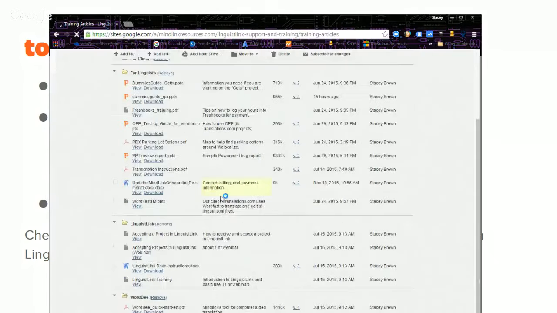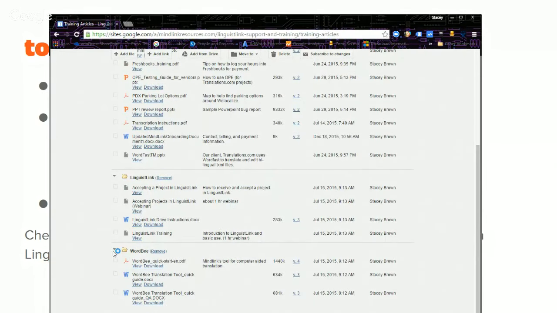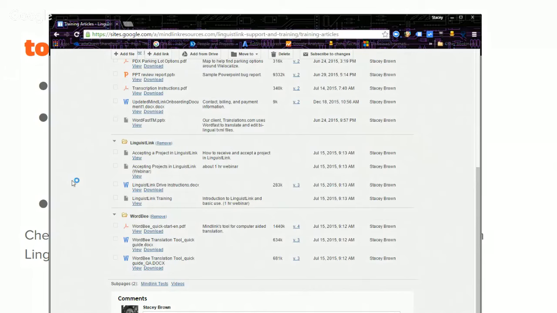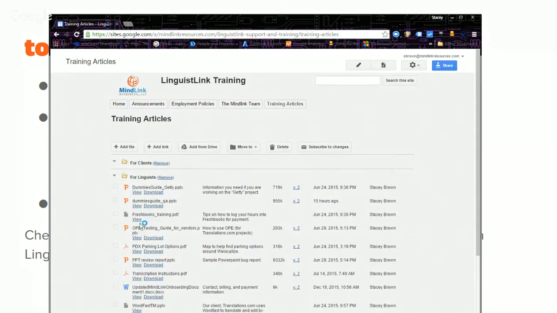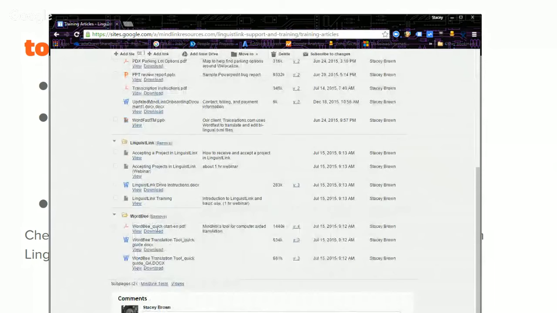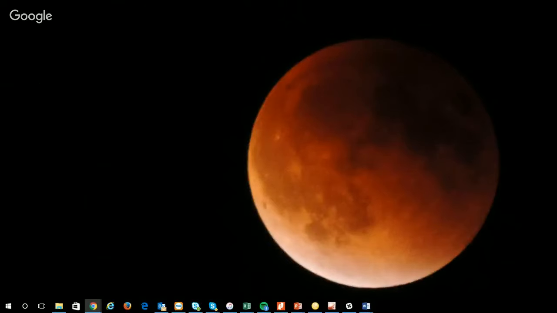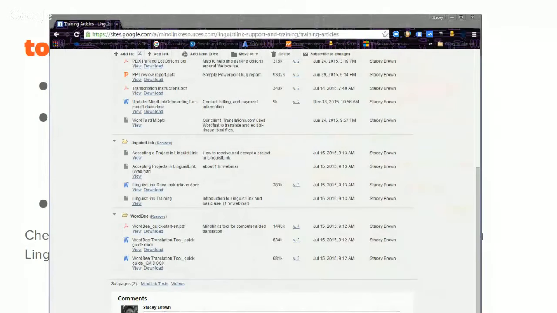You can come here to training articles. You're welcome to go through, and some of these may not be relevant, but some may be really helpful. We have the Dummies Guide for QA, and also some project specific things, and there's some stuff about WordBee in there as well. So I encourage you to take some time and get familiar with all of that.